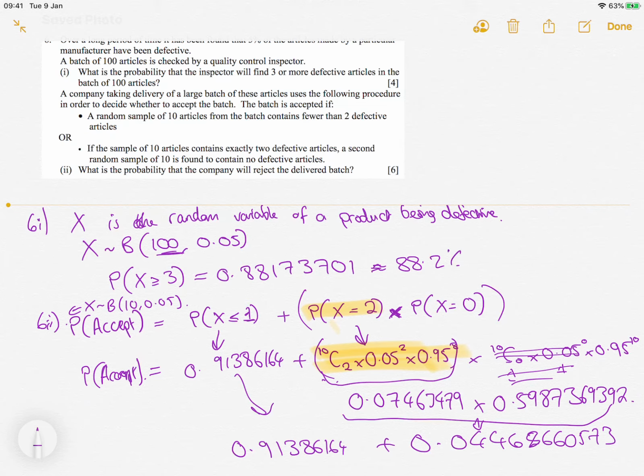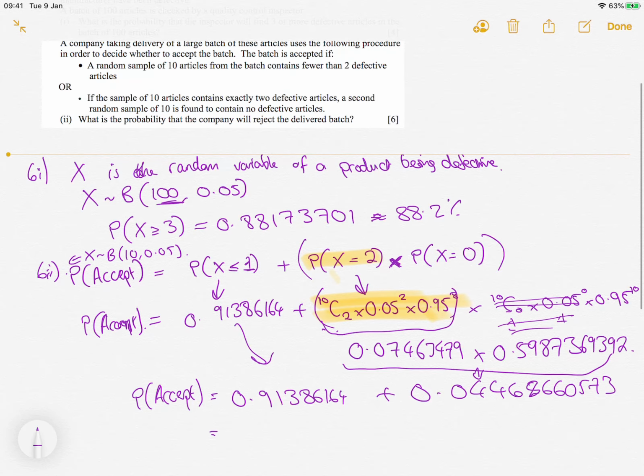If we have 1 or less, then we're going to accept, or if we get exactly 2 and then exactly 0, then we're going to accept as well. So if I add those together, I get